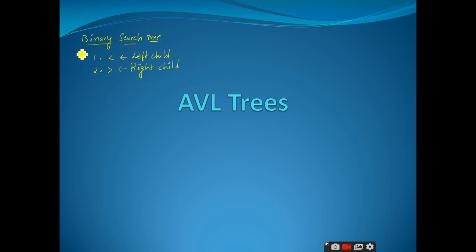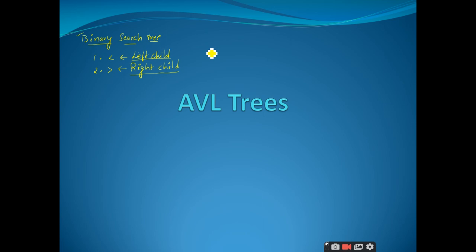Right. So if a tree satisfies these 3 properties, the first property is an obvious property. Why? Because we are calling this binary search tree as a binary tree. So it should satisfy the property that every node should have at most 2 children. And in addition to that property, it should also satisfy these 2 properties, that is all the lesser elements than the root node should be placed as the left subtree, and the elements towards its right hand side of the root node will be greater than the root node. So if this is satisfied, we call it as a binary search tree, right?